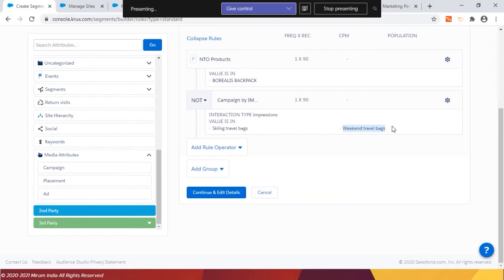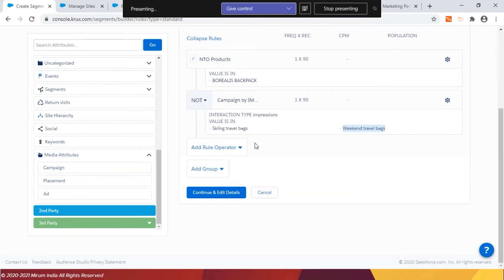Last 90 days, people got exposed to it, and there are certain impressions which were served, right? I want to exclude these guys from the people who are visiting that particular backpack section of my website, so that I'm not reaching out to them again, right? So that's an intelligence, and that's the control of data which the DMP interface will provide us, since we are collating that data centrally, and this processing can be done.